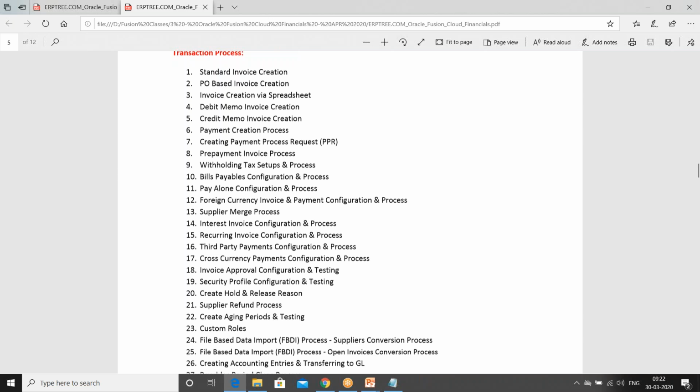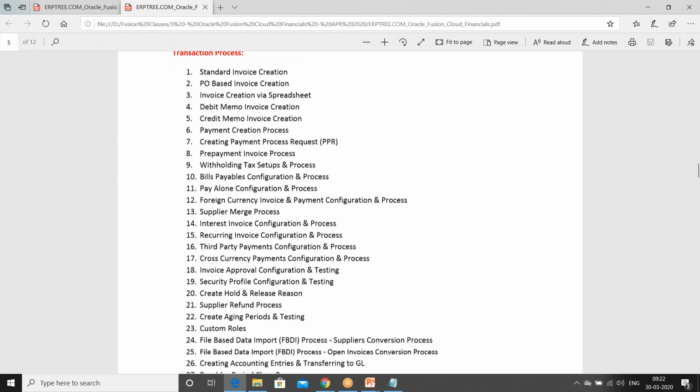Can we create our own templates? No, you should not modify what Oracle is providing. Okay, as it is, we have to use. So both the master and transactional are available? Yeah, master and transaction. Any templates, you cannot create, and you have to use them as they are without changing, I mean, without disturbing anything. You should not remove or modify anything.